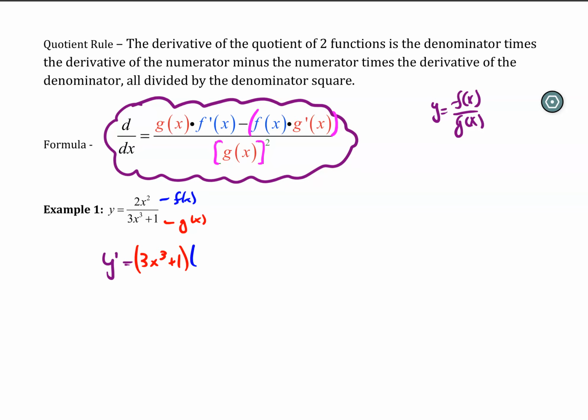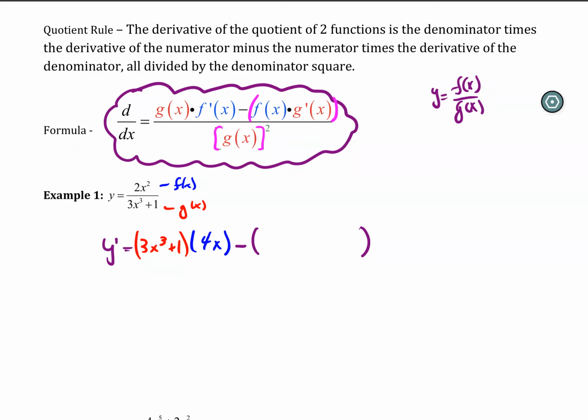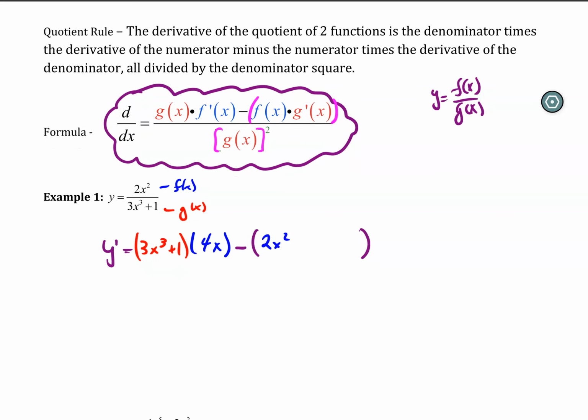So the derivative of the top is just going to be 4x. And I use the power rule for that. Now we're going to subtract. And again, we're subtracting all of this next part. And that is the numerator, which is 2x squared, times the derivative of the denominator. So power rule says this is 9x squared plus 0, but we don't need that part. All divided by,